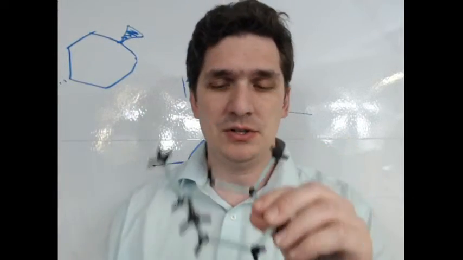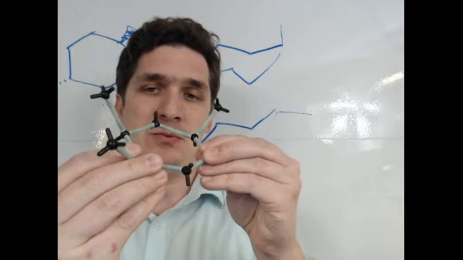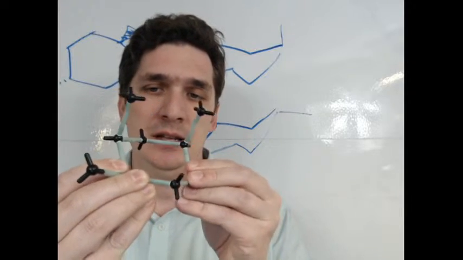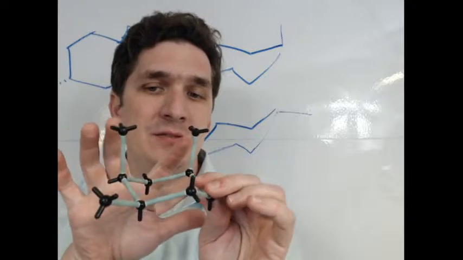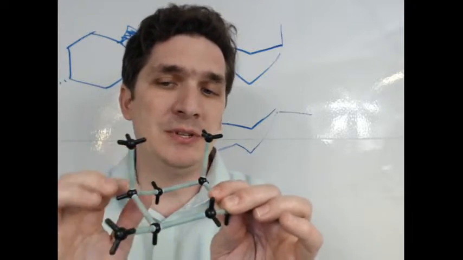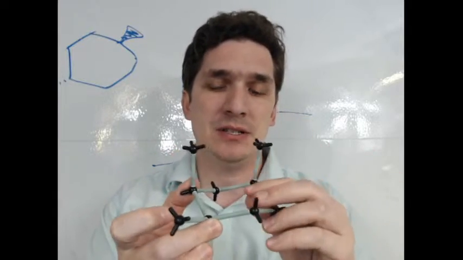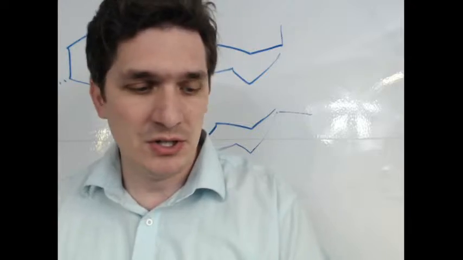So you got this structure. Now we just have to put it into the chair conformation. So I'm going to take one, pop it up, and take another one, pop it down. And what I see is that I have 2 that are axial and 1 that's equatorial. So one is going to be opposite the other 2, and the 2 that are next to each other are going to be opposites. So the way the structure is drawn in the key